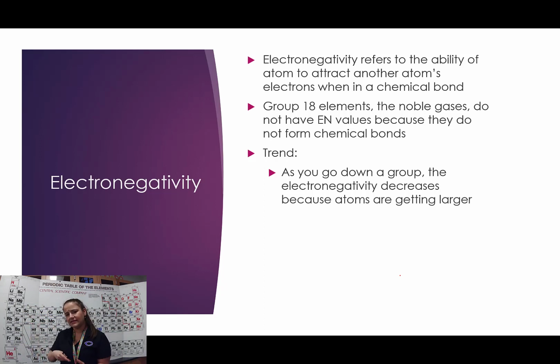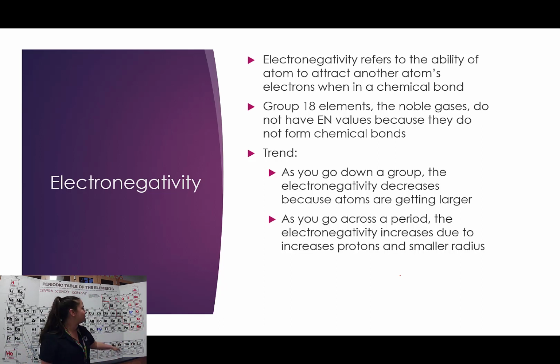They're going to get less able to attract another atom's electron. Why? They're getting bigger, okay? Their nucleus is getting farther away from those other electrons they want to attract. So the electronegativity, the ability to attract those electrons, decreases as the atoms get bigger,